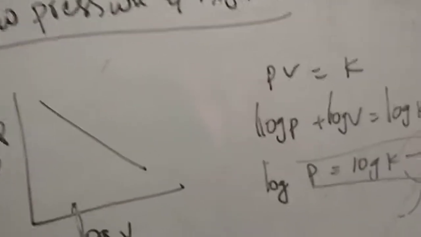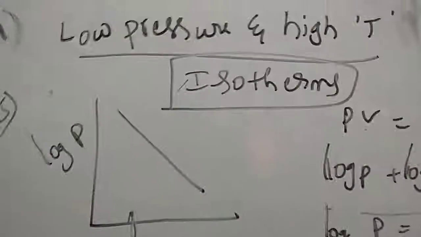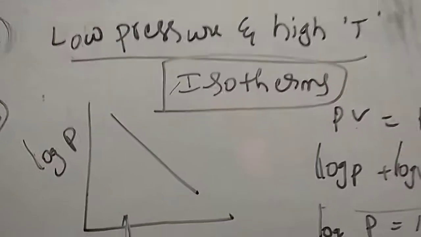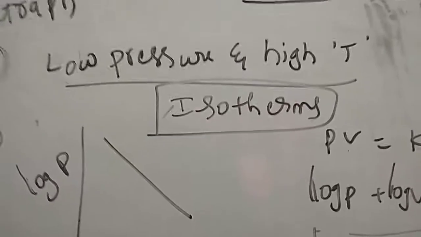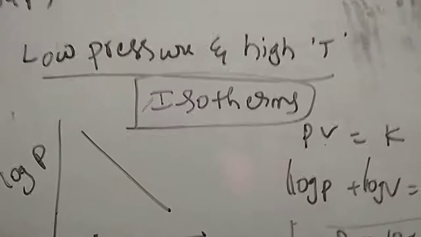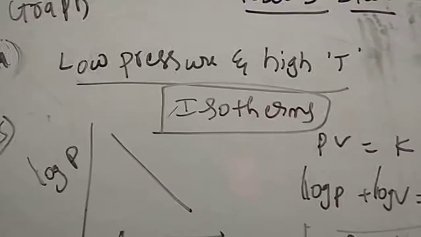Here at constant temperature, the graphs at constant temperature are said to be isotherms. So whatever the 5 graphs I have taken here, those are said to be isotherms. Because at constant temperature, Boyle's law works. At constant temperature, volume is inversely proportional to pressure. So all the graphs we have drawn are at constant temperature, so these graphs are said to be isotherms.